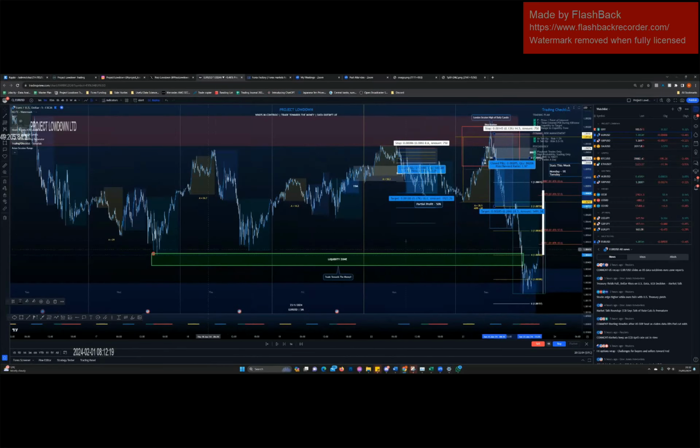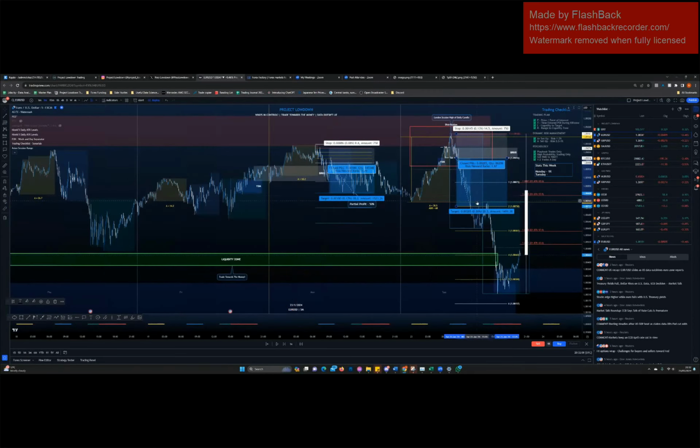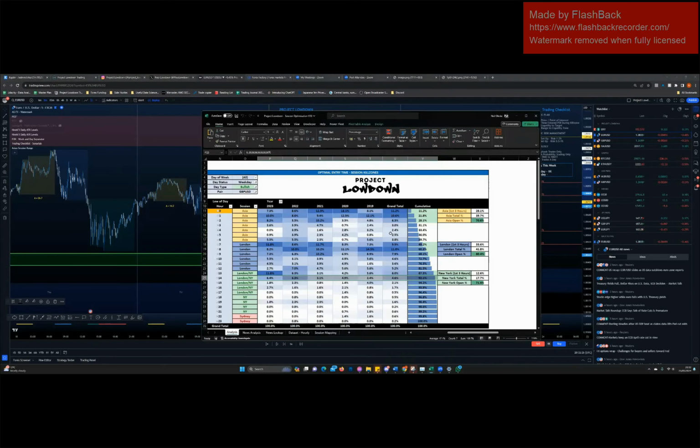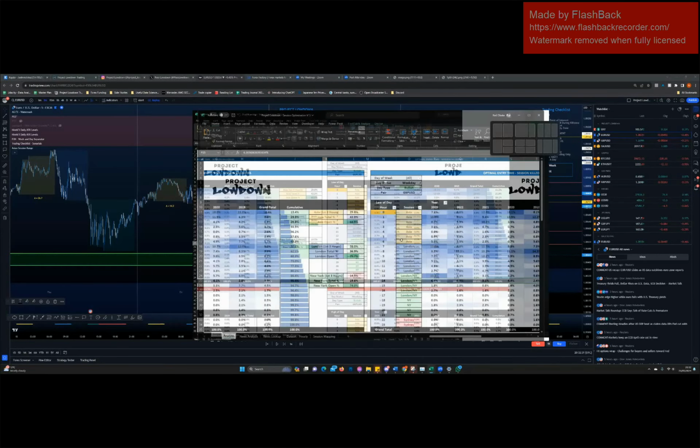You have a liquidity target to go for, which you're expecting to get hit between 3 and 8 o'clock. So in terms of managing this trade, you're at peace now because you've got 1R in the bank. You go into your 9 to 5 or whatever you do, and you come back and check after 3, because you know that's where the low is likely to be anyway. And how do we know this? Because we've got data. Like I said, everything in this strategy isn't based on feeling, it's based on statistics. So let's touch upon that real quick.